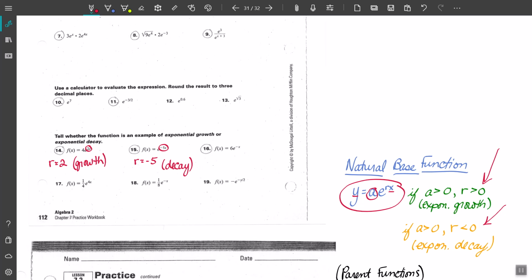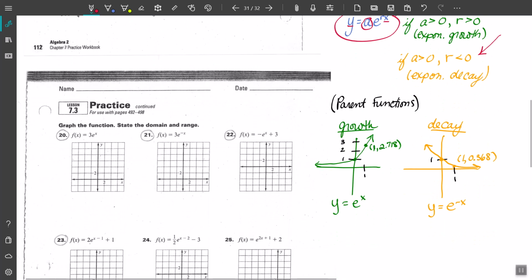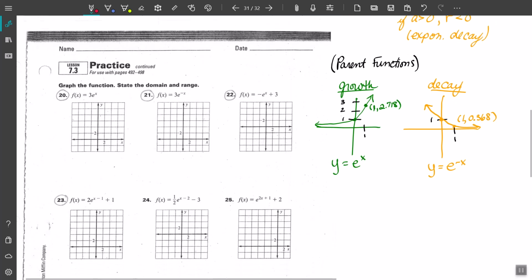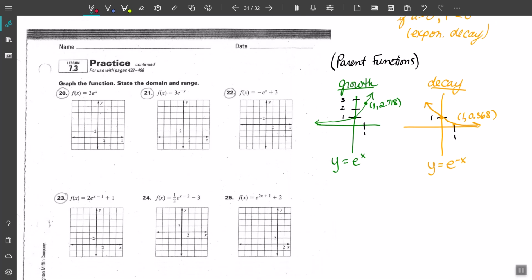And then in 16, we can see that the coefficient on the x is -1. That should not say a, that should say r. And since it's less than 0, this one will also be a decay function. Now going to the back of the page, we're going to start graphing the functions and stating the domain and